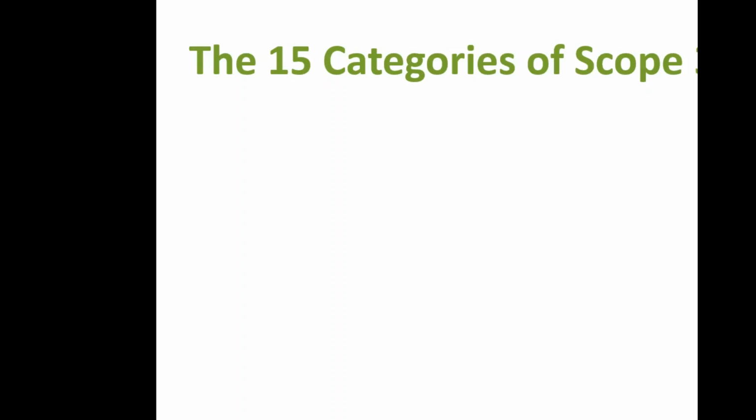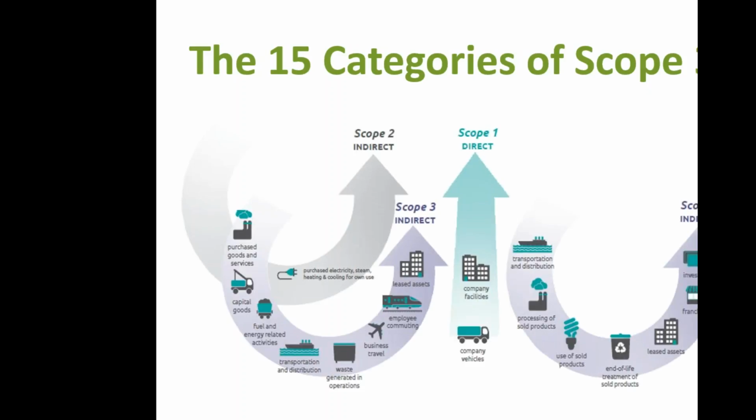Scope 3 broadly includes 15 different categories of emissions. This is a figure from the WRI Greenhouse Gas Protocol, which shows the Scope 1, Scope 2, and Scope 3 categories graphically. As you'll recall, Scope 1 includes direct emissions at company facilities and from fuel used in company-owned vehicles. Scope 2, indirect, includes emissions associated with generating energy, either from purchased electricity or steam or other types of